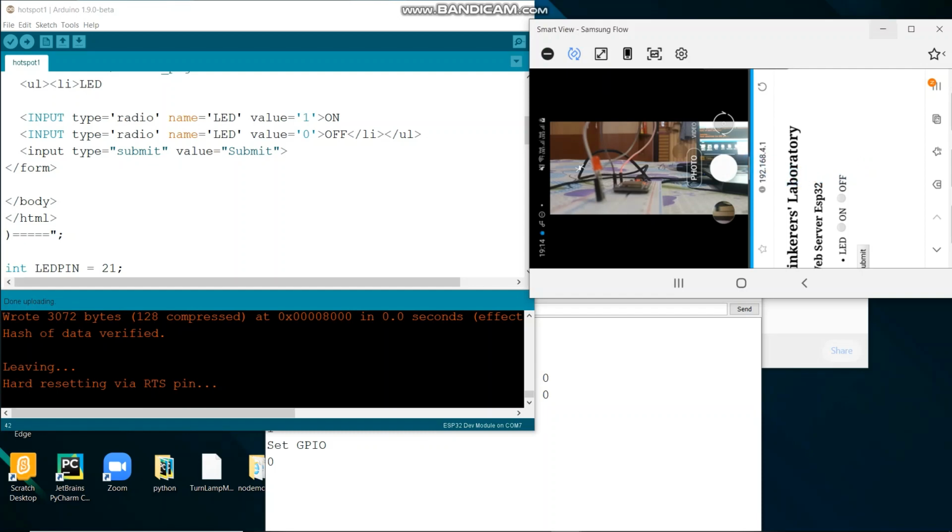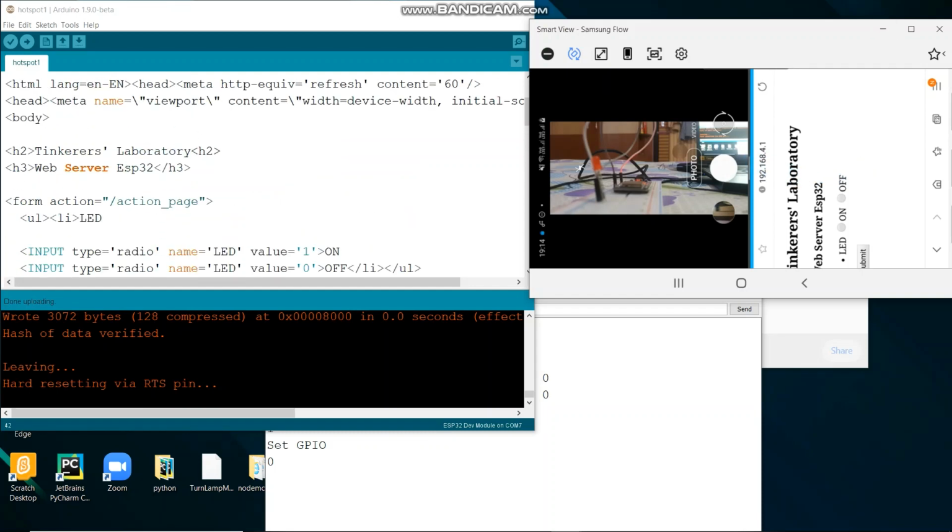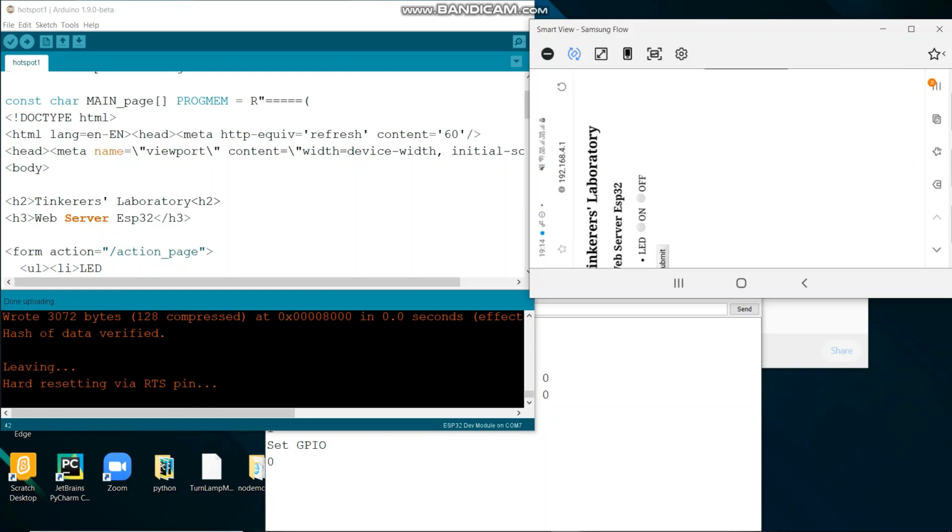So yeah, this is the tutorial for creating a web page. As you create the web page, you can turn the LED on and off and play with it.